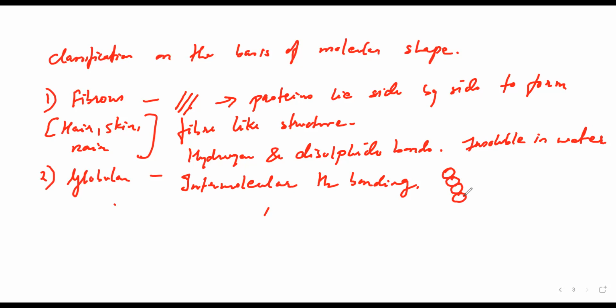Hence they are called globular proteins. For example, we can take hemoglobin,